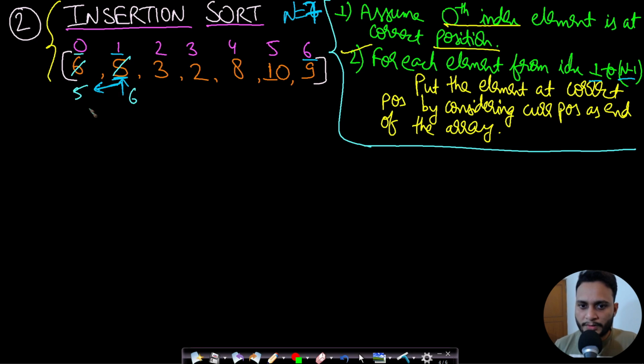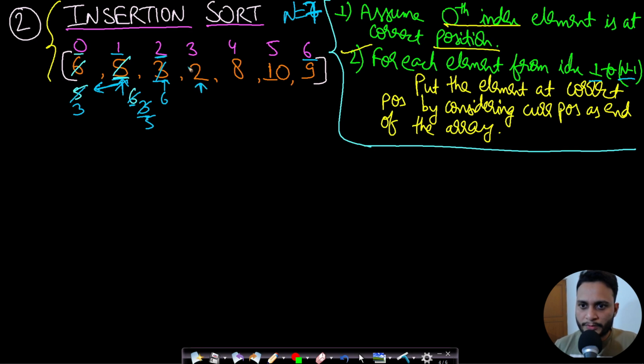So what is our new array? It is 5, 6 and all these elements are the same. Now we have processed this first index, so we will move on to the second index. Second index has element 3. Now we will again apply insertion sort on this. So we will check from this element. Is 6 greater than 3? Yes. So 3 will come here, 6 will go here. Now is 5 greater than 3? Yes. So 3 will come here and 5 will come here. Now this index is also processed.